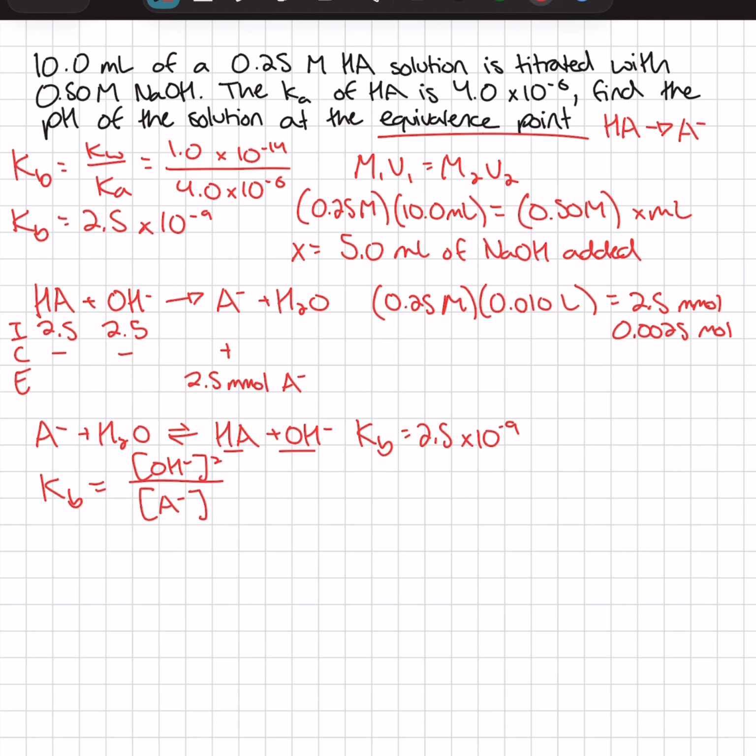So if we're wanting to get OH minus, we need to find A minus, and we know that there's this many moles of A minus in the solution, but we need to divide it by the total volume in the solution. We know we started with 10 milliliters, but we added 5 milliliters to get to the equivalence point. So we need to do 0.0025 moles divided by 50 milliliters, and that will give the concentration of A minus to be 0.167 moles. Substituting our values,